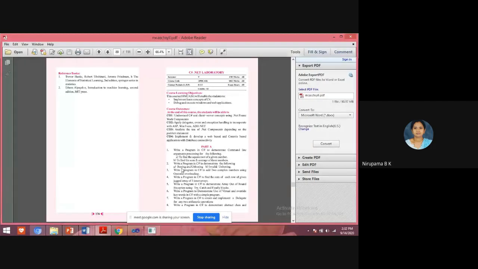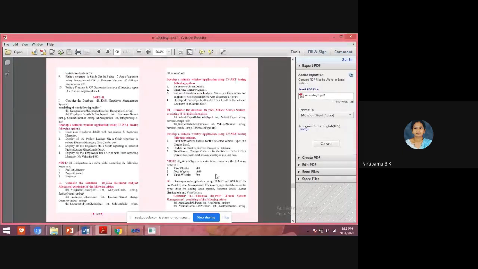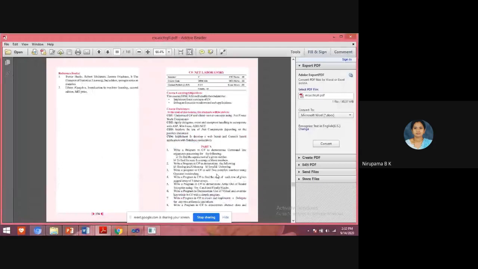Jagged array you don't know. First I'll do it by next Monday. I'll try to cover it in the theory part, and then I can execute and show that program in the lab. After that, the 6th program is virtual and override, the 7th program is delegate, the 8th program is abstract class. Okay students, all of you understood?